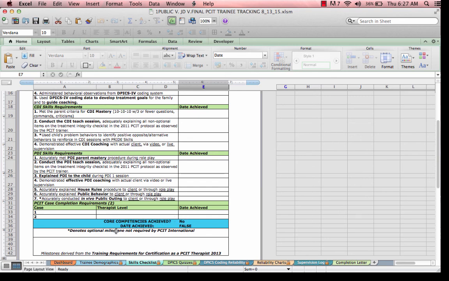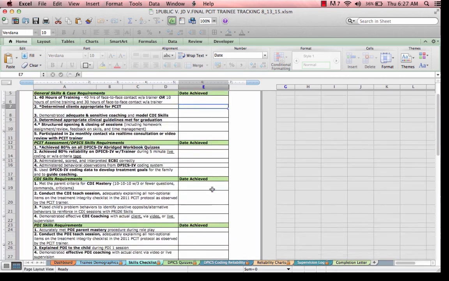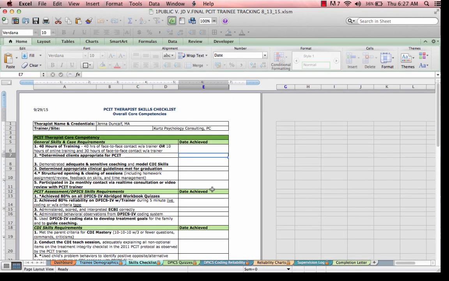And the date that all of the milestones were completed will also automatically populate right here. So that will be done for you, which is nice. And this is something that can obviously be printed or saved and given to your trainees so that